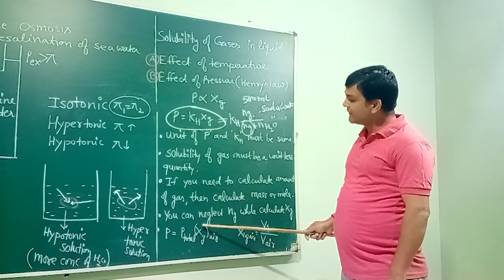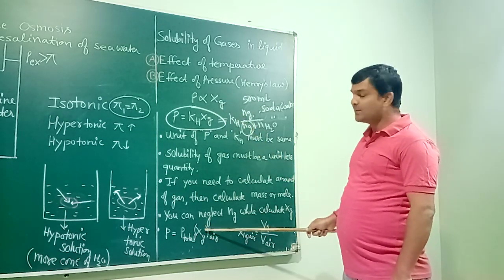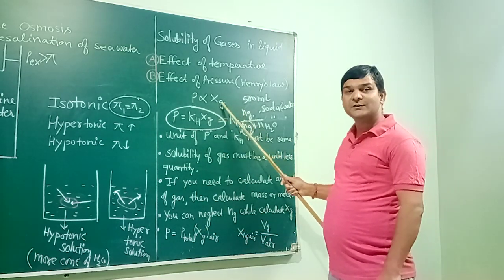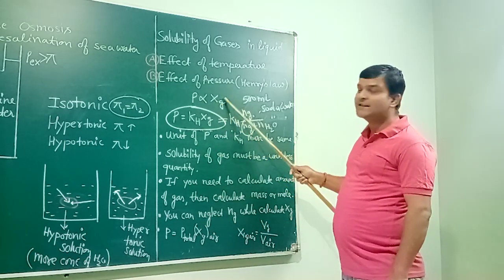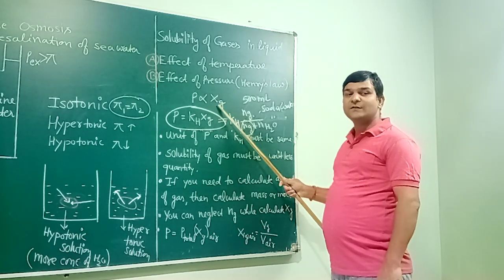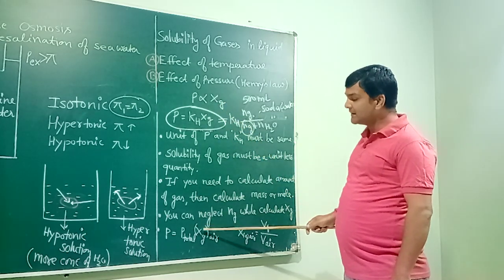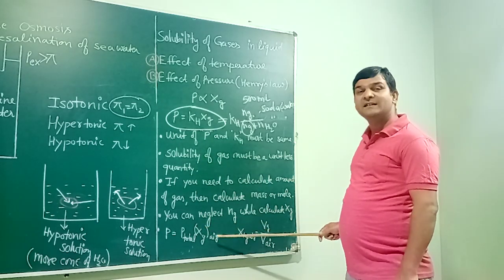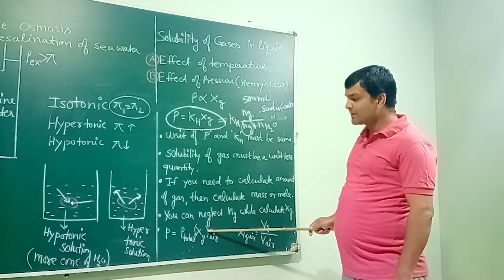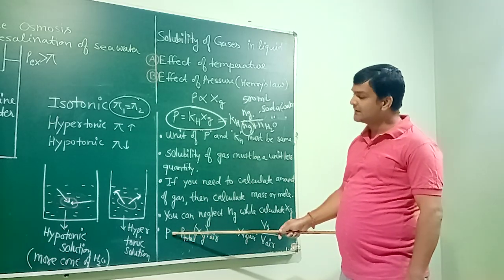Now one more point here, very important point. This is Xg and this is also Xg. This is mole fraction of gas, this is also mole fraction of gas, but they are not identical. They have a huge difference. This is mole fraction of gas in solution, which is also known as solubility, but this is mole fraction of gas in air. So this formula we need to use to calculate partial pressure of gas, so that we can put it here.